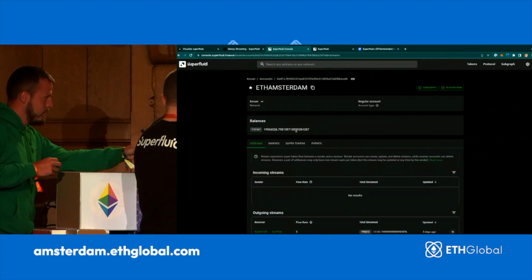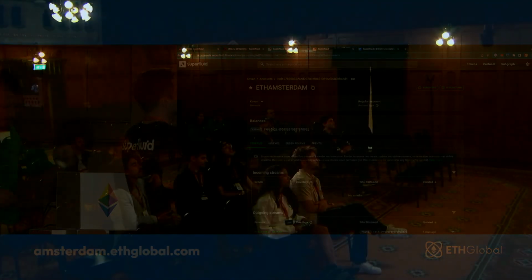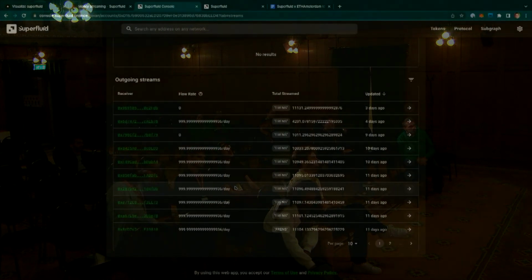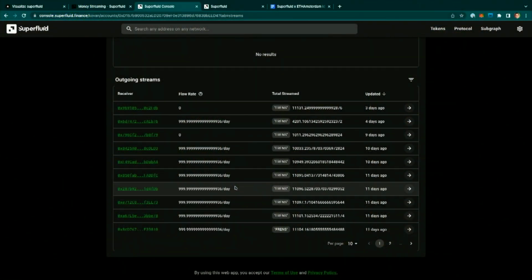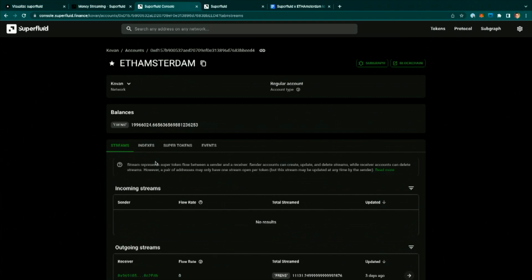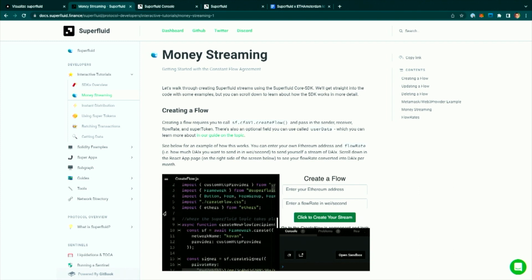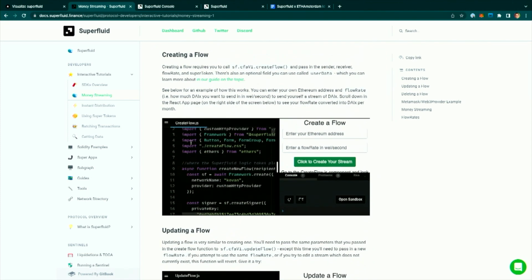All hackers here. Thank you, sir. All right, so this is our developer console, right? This is actually the faucet contract, which is distributing the friends tokens. If I scroll down here, we can see a bunch of streams from people that have already done it. So these people already have the jump on you, so you should try to catch up to them. But if we go to our docs, this is where I actually recommend starting with Superfluid. You can go to this money streaming section and use it to take examples you can use in your own hackathon projects. These are just little code sandbox examples you can open if you want to.